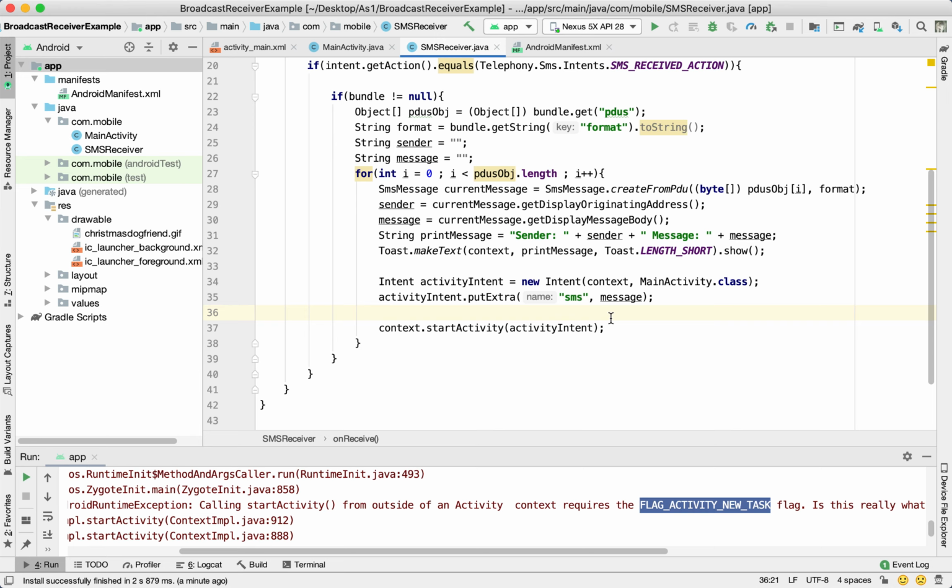Now, there is one way to go about it, and it's to tell Android, hey, this activity doesn't come from an activity, so please do some additional steps to make sure that you can start it on the stack. And that's creating a task for the code. So we do that by sending the intent,